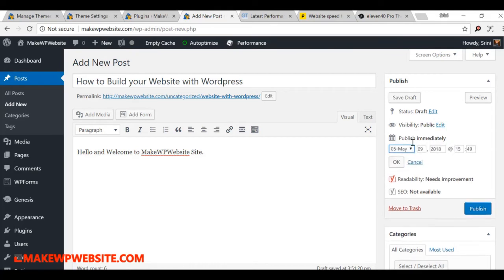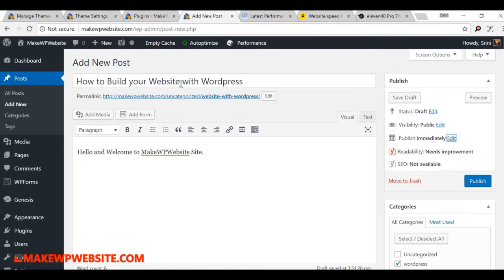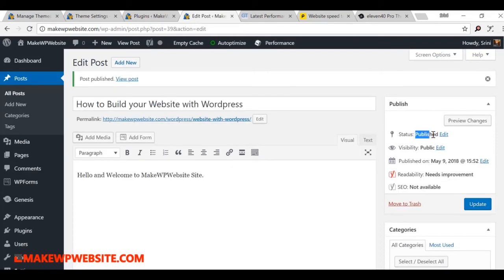For publish, you can select a date when you want this content to appear on your website, but I want it immediately. Then these two are basically SEO, coming from the Yoast SEO plugin. We're going to talk about this in another section. Let's publish it. Once you click on publish, and it's immediate and public, it's visible on your site. The status will change from draft to published. It's published now. You see the visibility is public and it's published on this date.